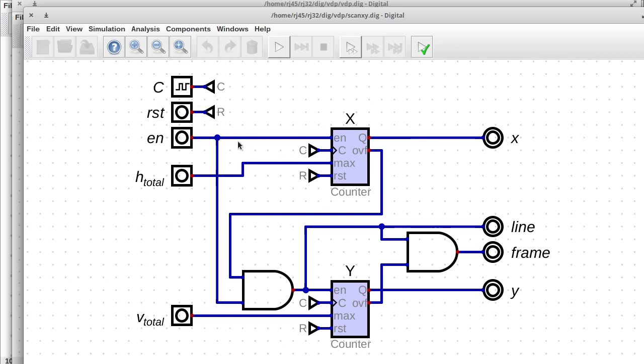Especially if we're using the enable signal to throttle the clock. Say we want pixel doubling or pixel tripling to happen. We only want to increment the counters, say every second clock or every third clock, right? And likewise,